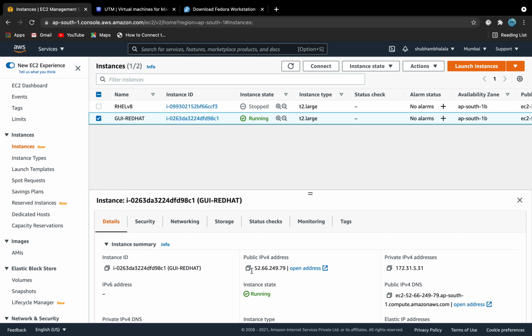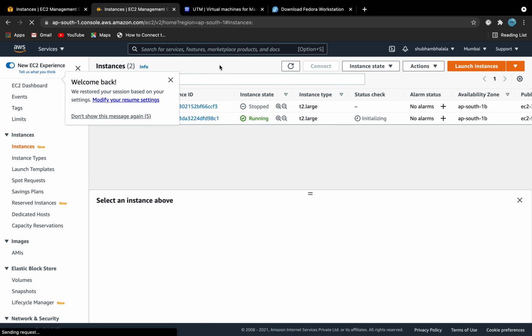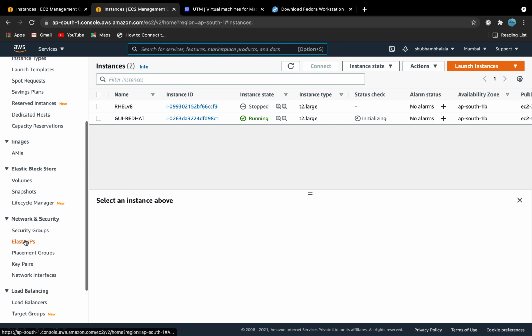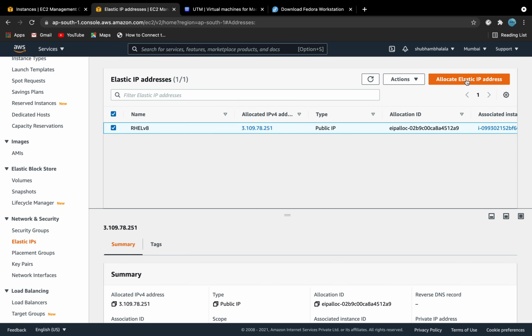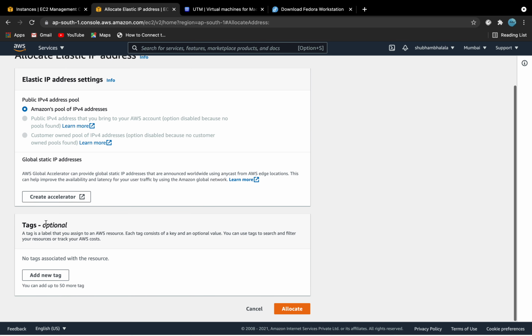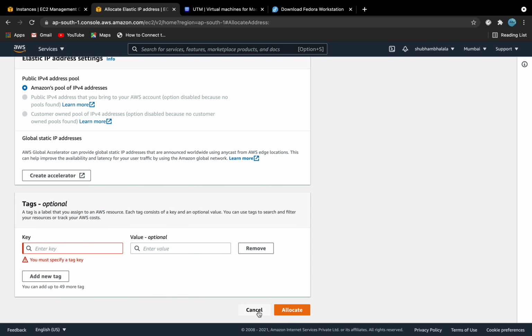So to make your public IP static, there's one more service in AWS. It is called Elastic IP, which is under EC2. So I'll just show you in a minute where it is. Yeah, Elastic IPs. So you can go to Elastic IPs, and then you can create one Elastic IP, by allocate, like first create one, allocate Elastic IP, and then you can just give a tag name, whatever name you want, and click on allocate, and it will be finally